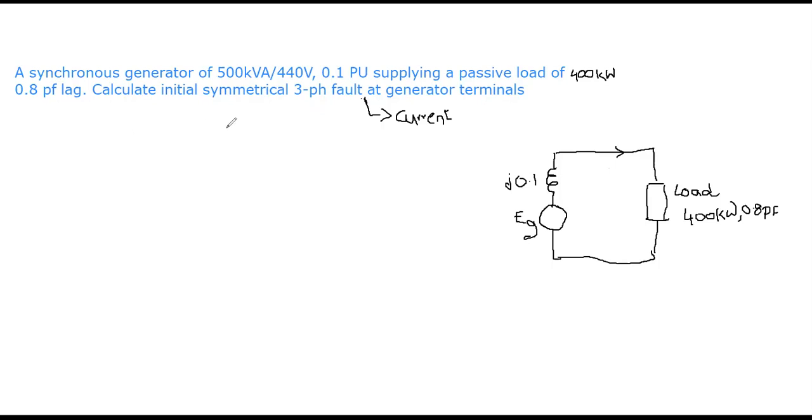Now what he has given is a three-phase fault at the generator terminal. So generator terminals are these ones. If you consider these two are generator terminals, the fault is like this. So this is IF. So the fault occurs at the generator terminals, so the circuit diagram is now this one. Is it okay?